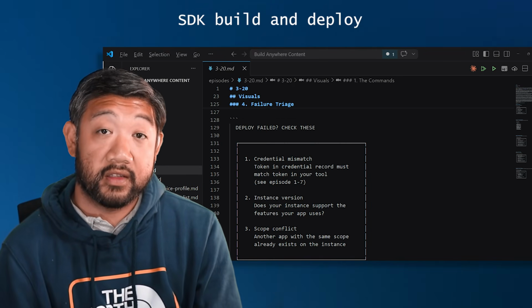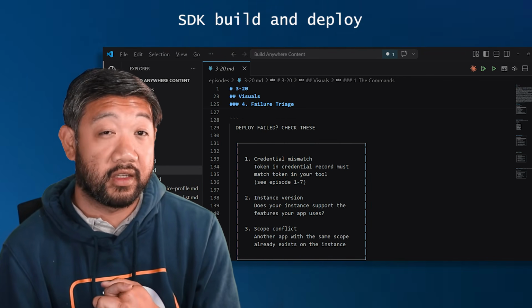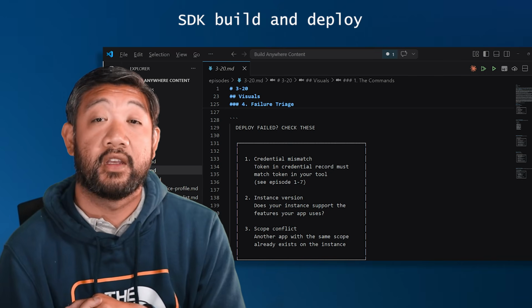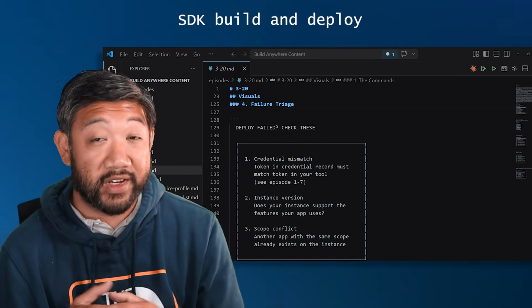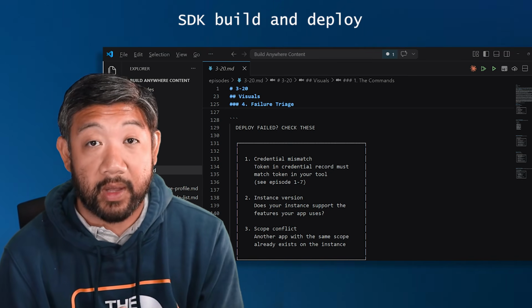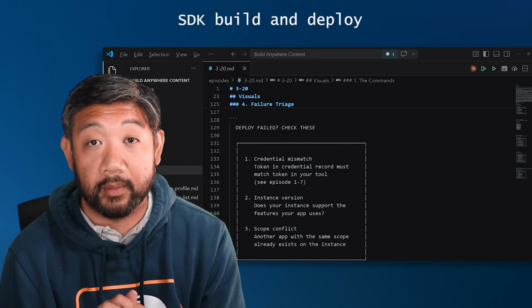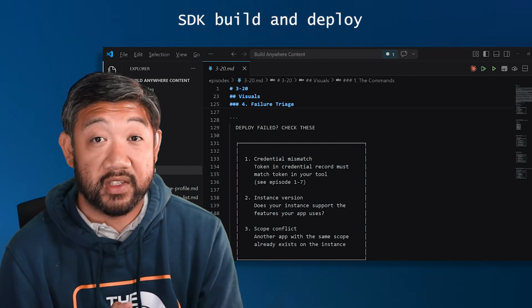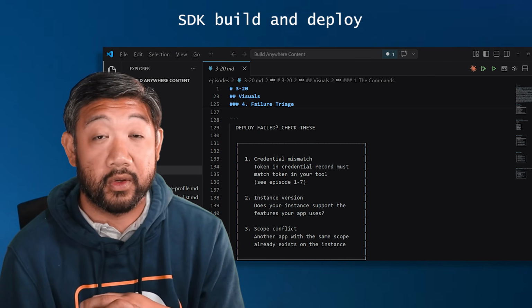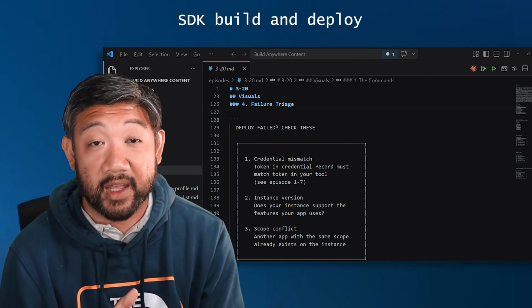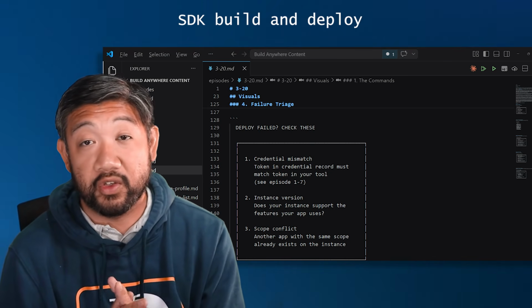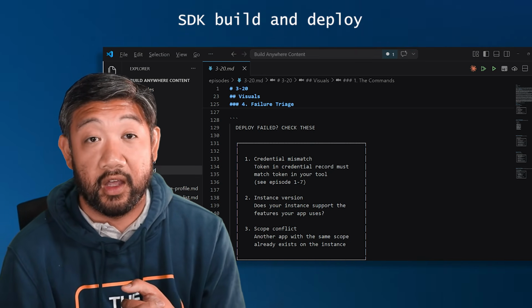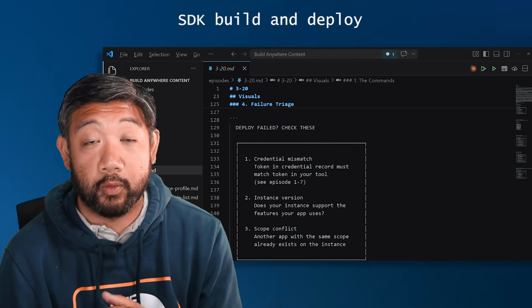Now, if it fails, the most common cause is usually a credentials mismatch. If you followed the credentials episode, you've already tested this, but if you skipped ahead, go back to that episode and walk through that setup. Other causes, your instance version doesn't support the features your app uses, or there's a scope conflict with an existing app. Some of those things you'll need to do your normal debugging, or see what errors pop up when you